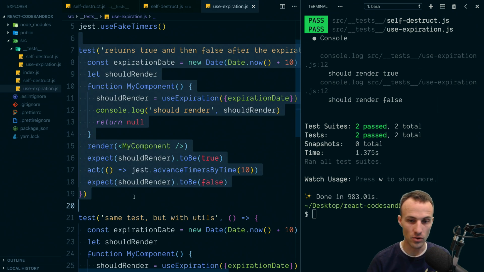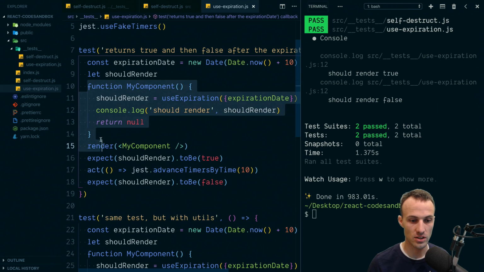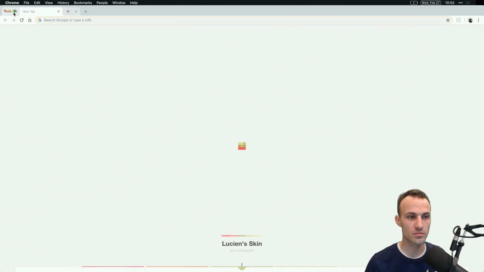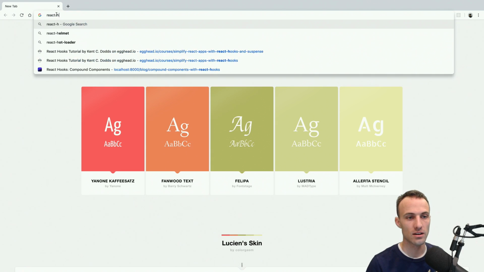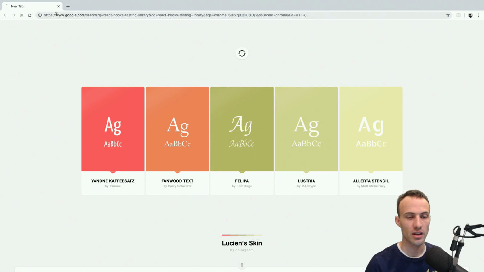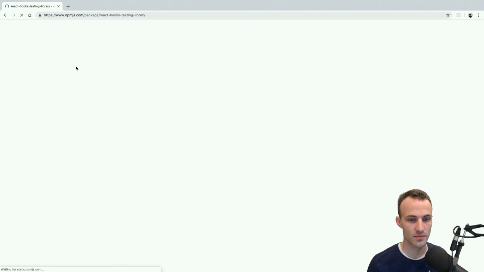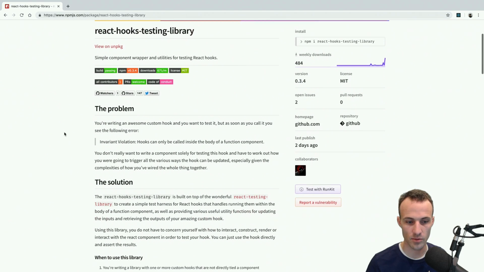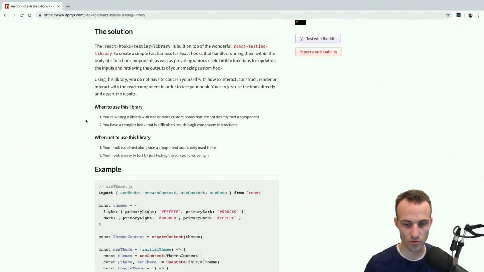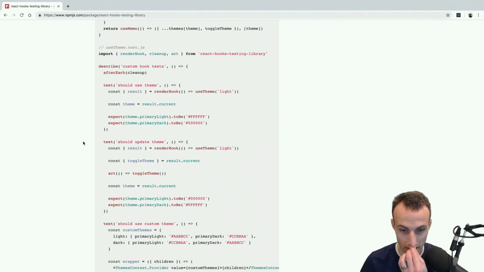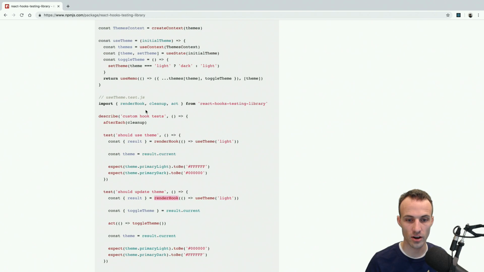But if you've got a bunch of tests and you don't want to have to create a bunch of these functions and you want to have a couple other utilities, then what I recommend is I'm going to just pop open this other one, React Hooks Testing Library. This actually is great. React Hooks Testing Library is basically built on top of React Testing Library, and it allows you to test hooks using a utility called renderHook. And so here we're going to just pull that in